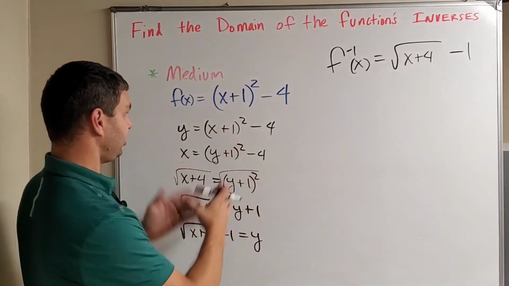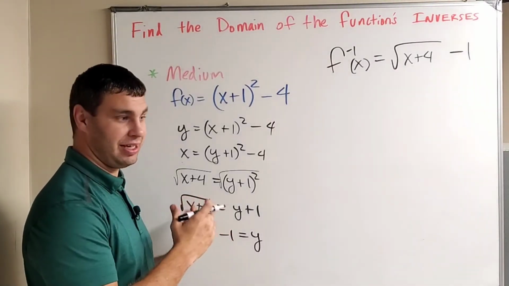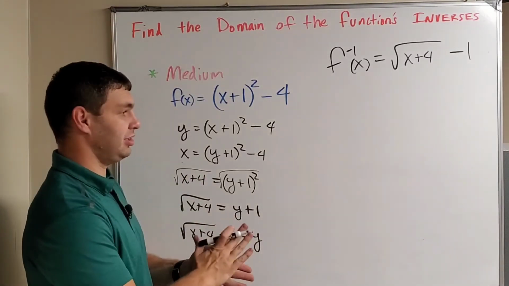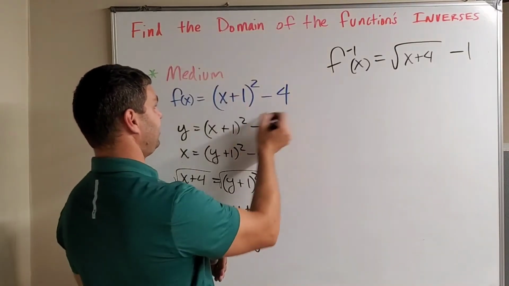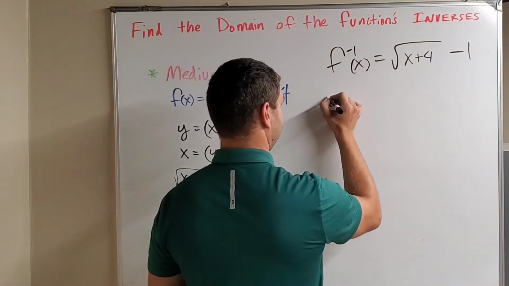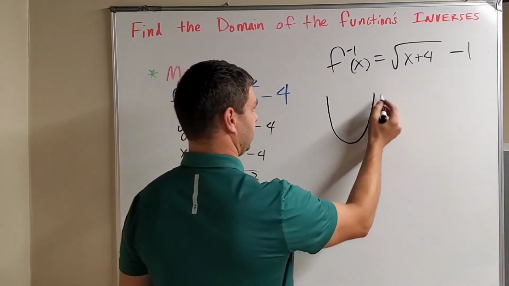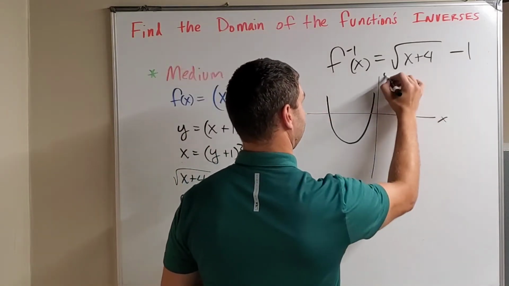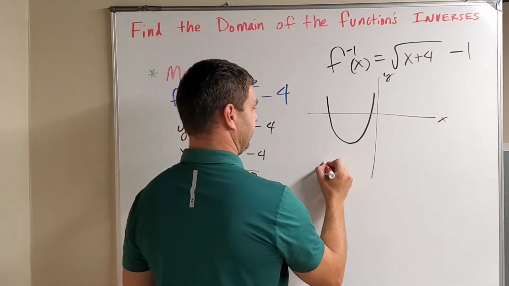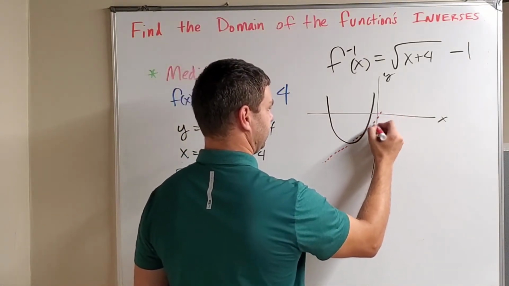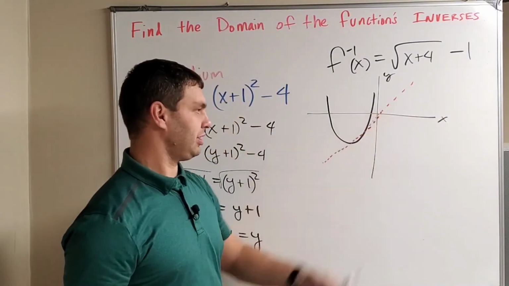Now, before we jump into this one and find its domain and range, we have to remember that you can only find the domain and the range of these functions if they are one-to-one. This is not, okay? If you think about this, this is a parabola, right? And a parabola, I'll just draw a general one here, looks like this. I'll make this my x and y maybe. And then if I take a different color and think that this needs to be reflected across our line y equals x,